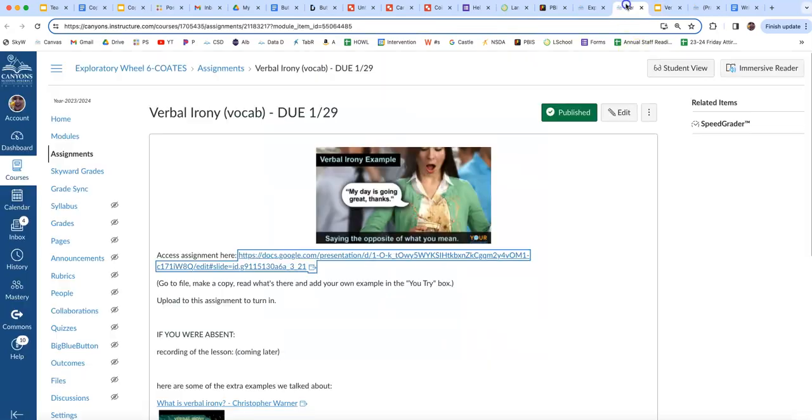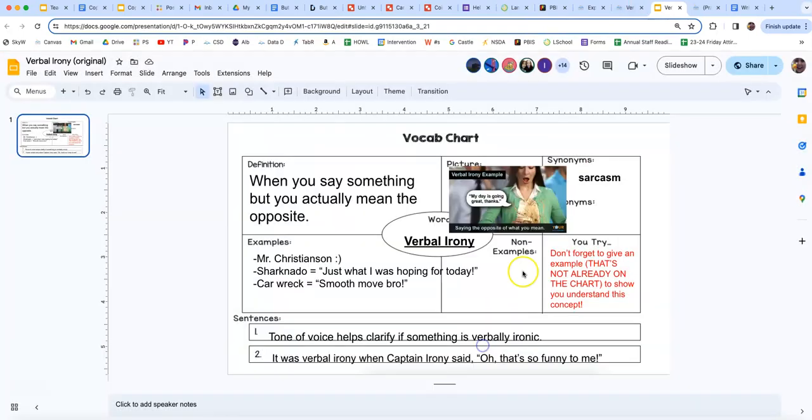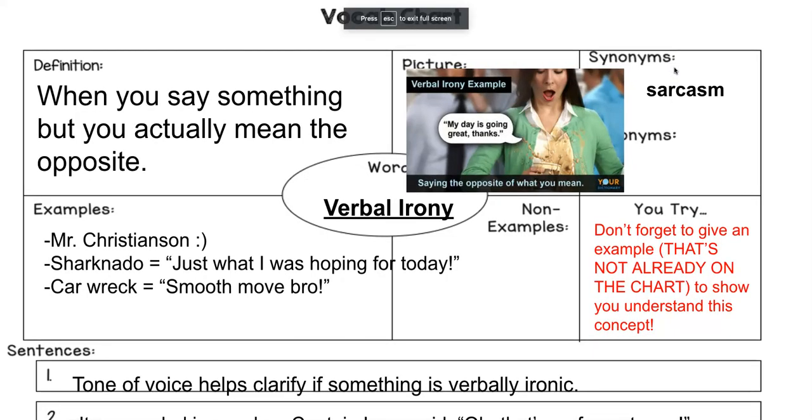Okay, so here's the actual lesson, everybody. Today, like I said, we're going to be talking about verbal irony. And verbal irony actually helps you be funny on purpose. Let's do a little test. How many of you have ever made a joke that nobody laughed at? Isn't that the worst? Yeah, all day, every day. Like being a teacher, that's really what it is. But verbal irony is a creative writing trick to help you be funny on purpose.